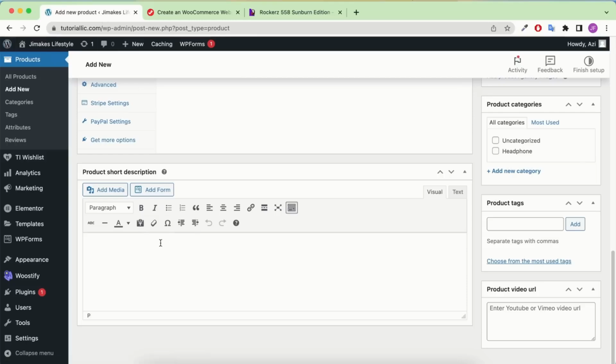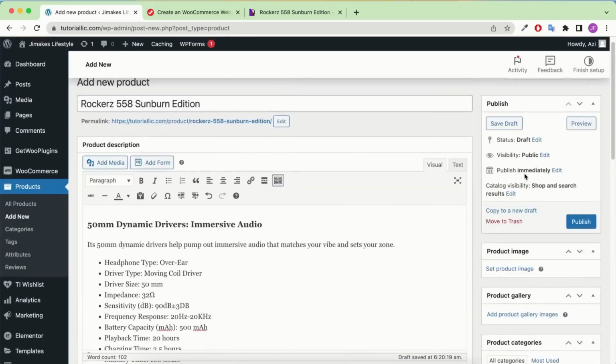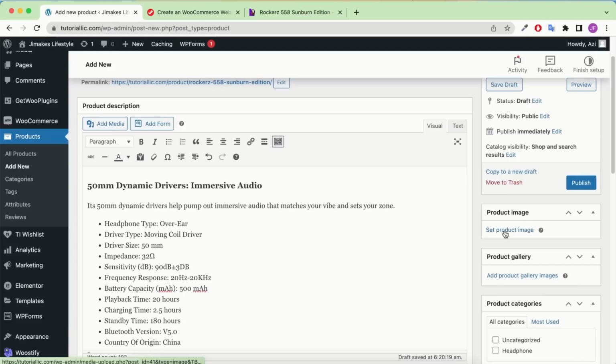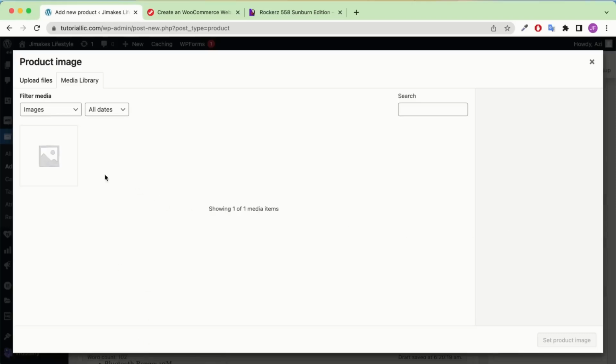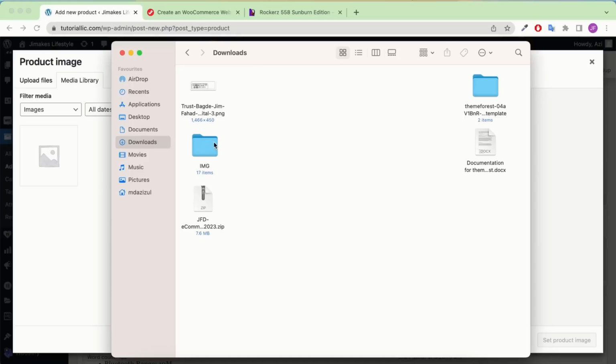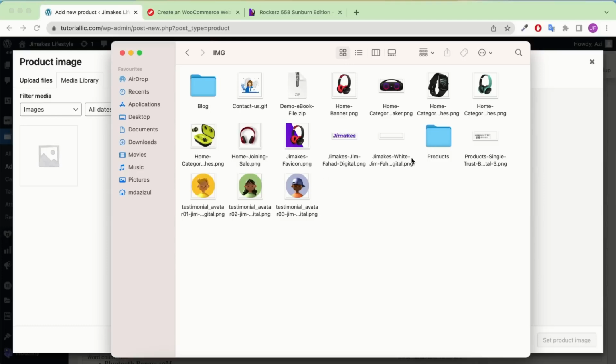Let me copy and paste, and now scroll up to the right side, where you will see the option called featured image. I mean this product image. So simply click on this product image, and now you just need to upload these images here. Let me go here. If you check our zip file, within this you will see